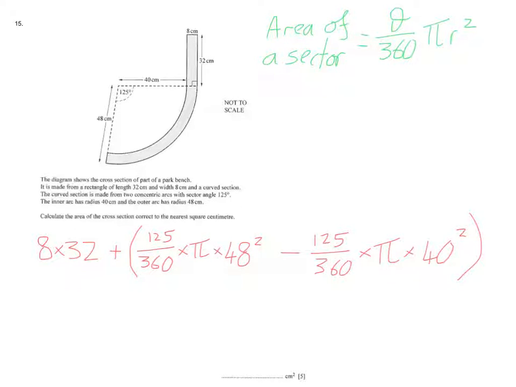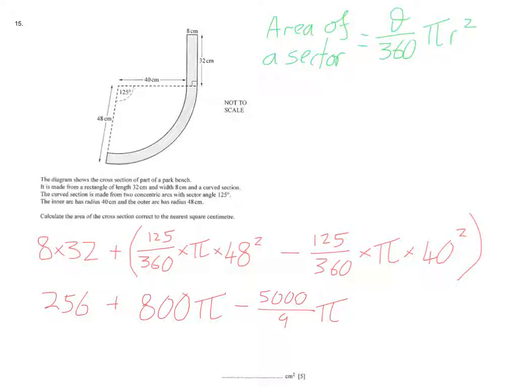So this here is 256. When you simplify this larger one out, I believe it gets you 800 pi. Satisfyingly round number, considering it's got 125s, 360s, and 48 squared, things like that. Lovely. And then subtract a not so nice number, 5,000 over 9 pi. Anyway, when you do all that, you get